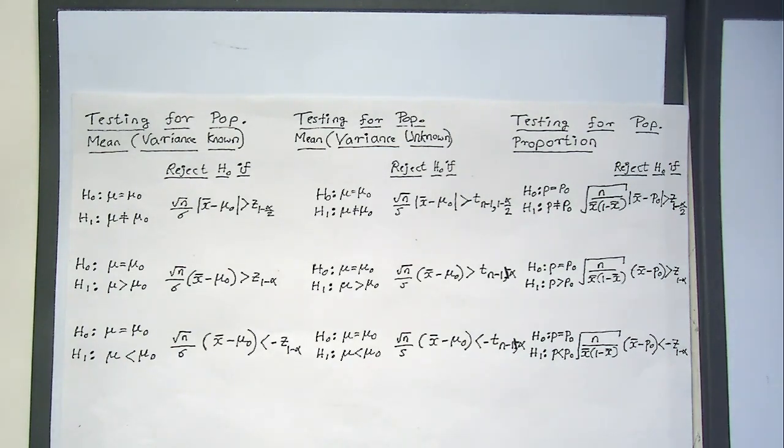So you use a Z1 minus alpha, which is positive. If it's less than, you use a negative. And part 2 it's just the same. So question 2 is integrating